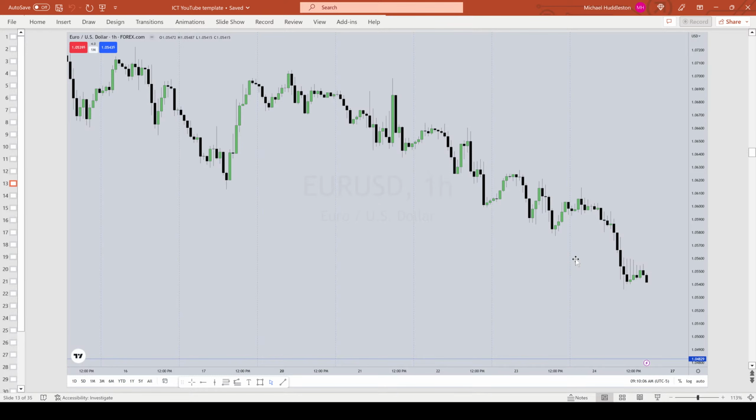Here's the hourly chart on euro, and you can see that we've been moving lower. I'm not going to give you the lower low, lower high crap, because that's not market structure. That's just a trend. What we do is we like to look back in all of the delivery of price. Right in here, I have no annotations on these charts because I'm counseling you to do it on yours.